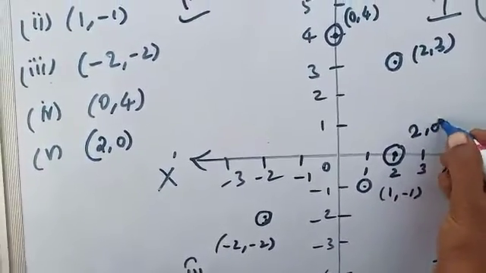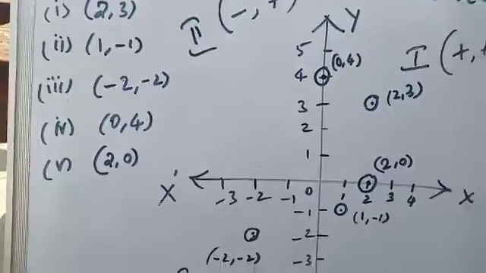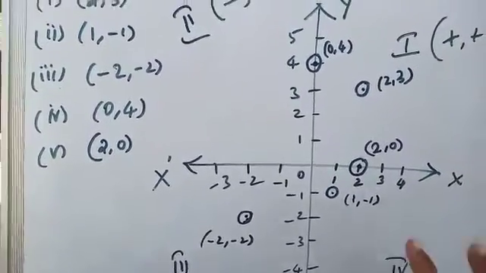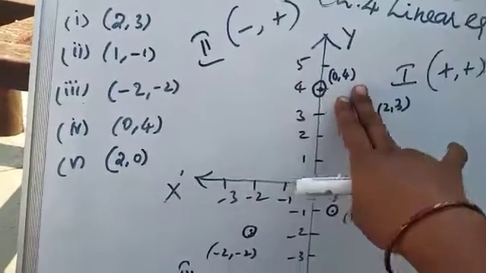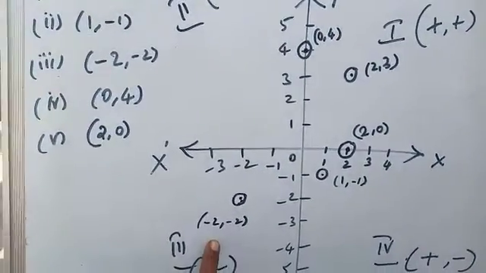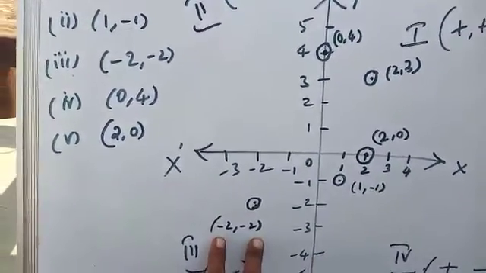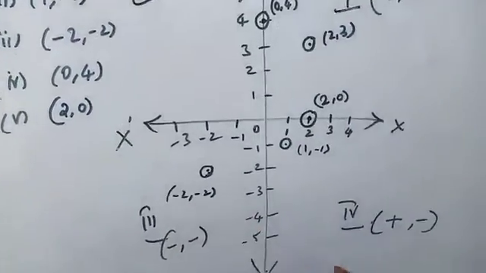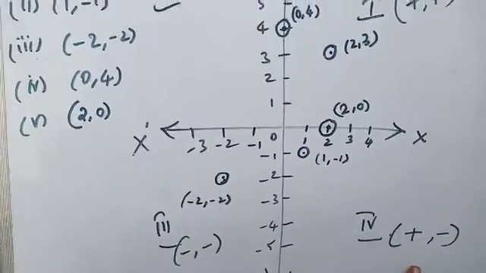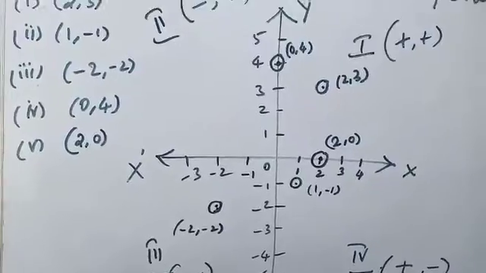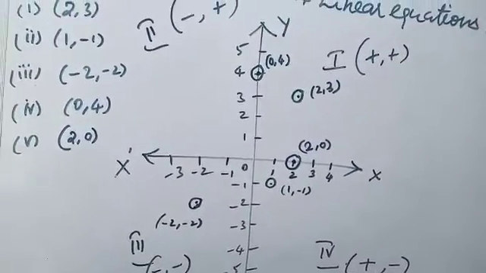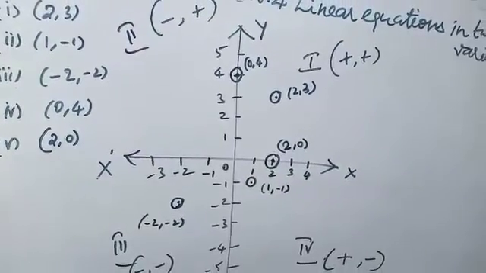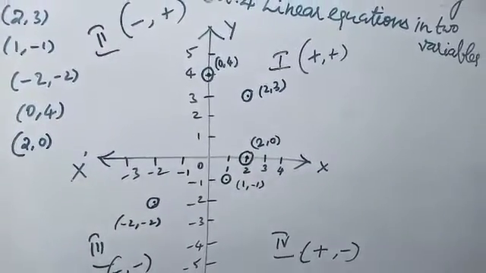So what is this one? (2, 0). Okay, so 2 is positive here, and these two are also positive, these two are also positive. In this case, both 2 times x and y are negative. Here one is positive, one is negative. So now, I thought about how we can locate the points, how we can plot the points in the graph.